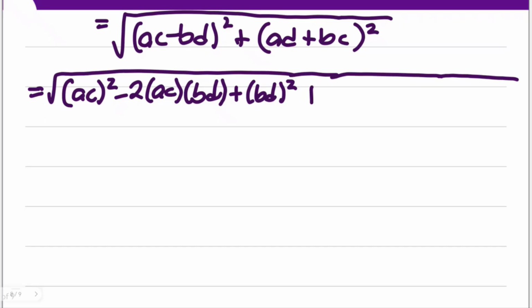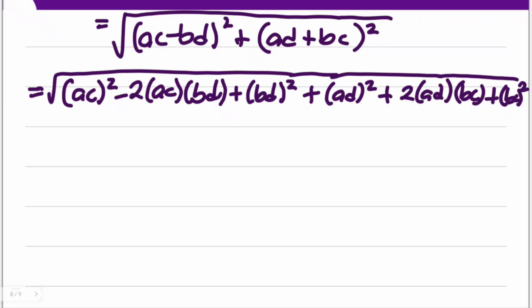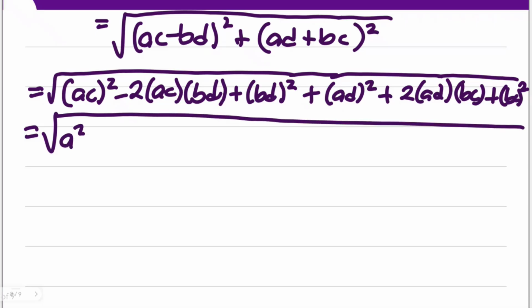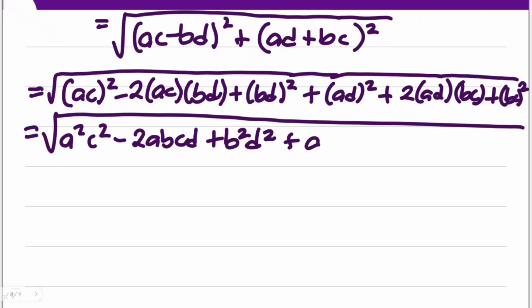On the other side, plus the square of AD. Then plus twice AD times BC, and then plus the square of BC. Then, of course, this would become A squared C squared minus twice ABCD, simply rearranging the coefficients alphabetically, and plus B squared D squared. Then, plus A squared D squared, this is plus twice ABCD as well, and then plus